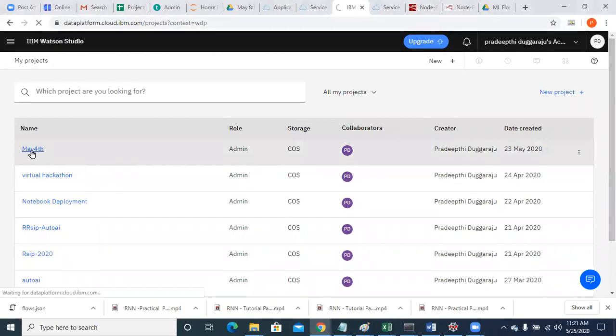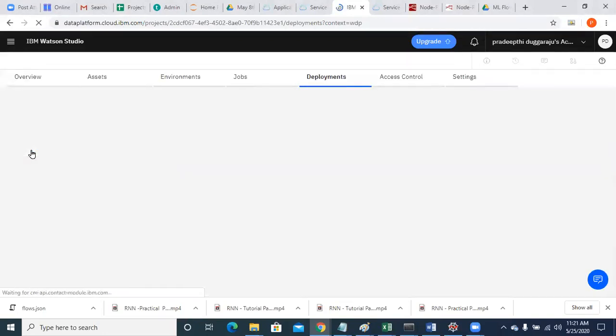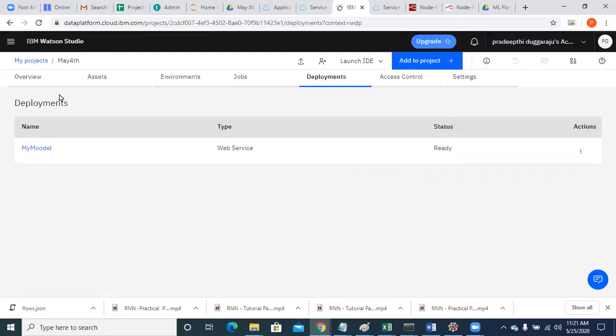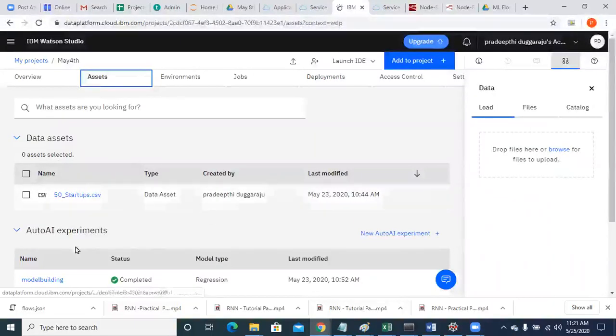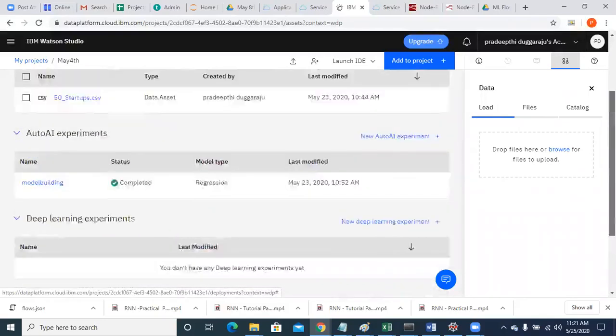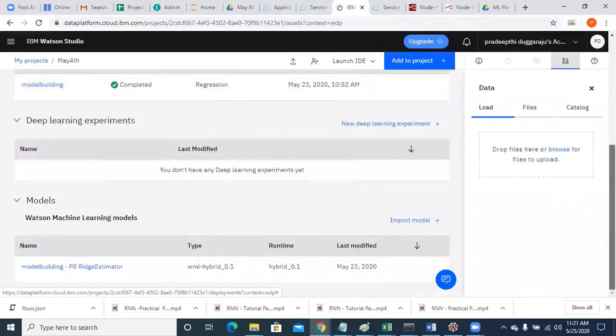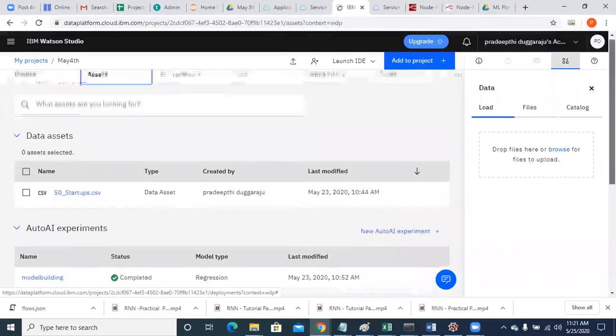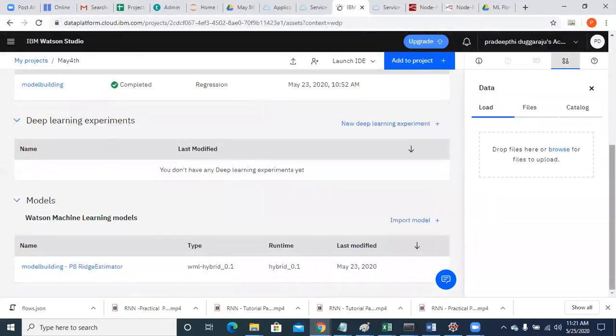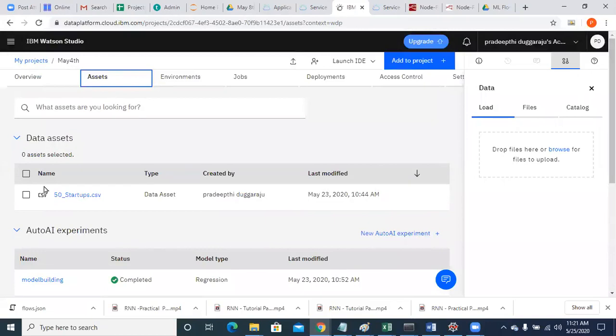Click on that. Whenever you click on that, you can see the assets and everything, right? If you open your project, you will get redirected to a page which will look like this.